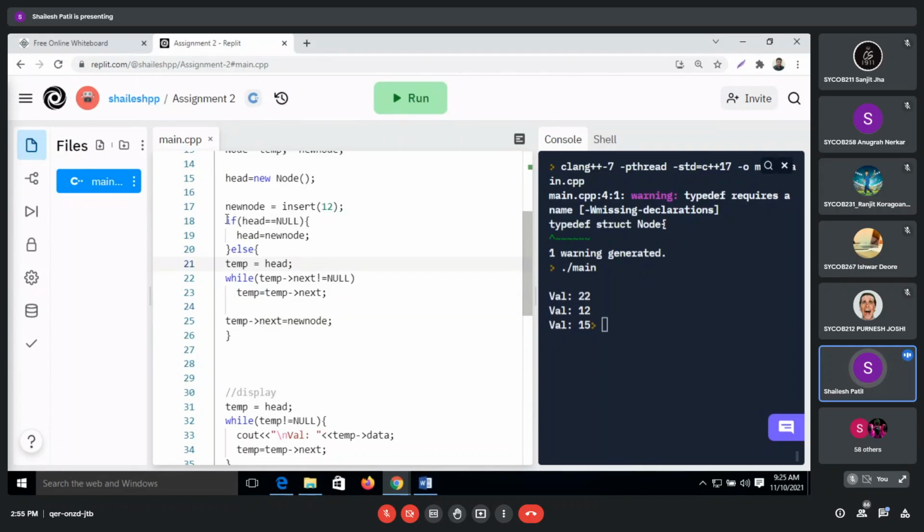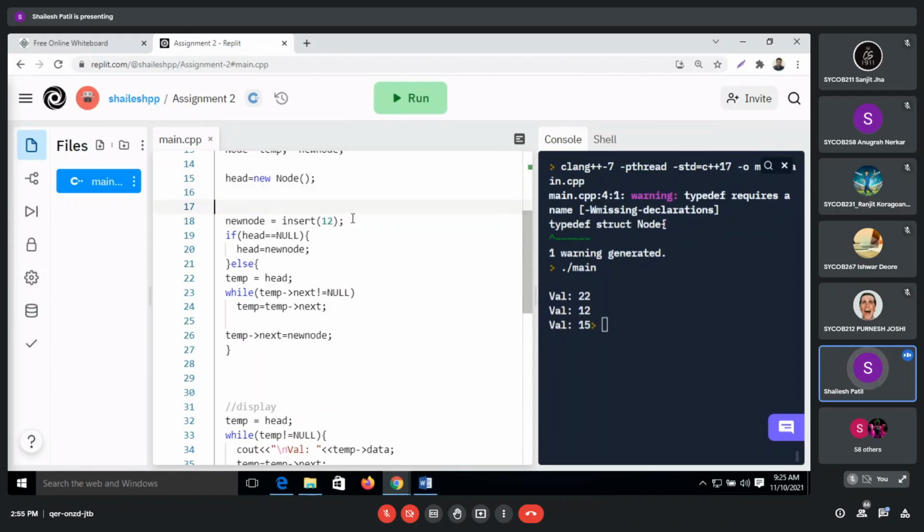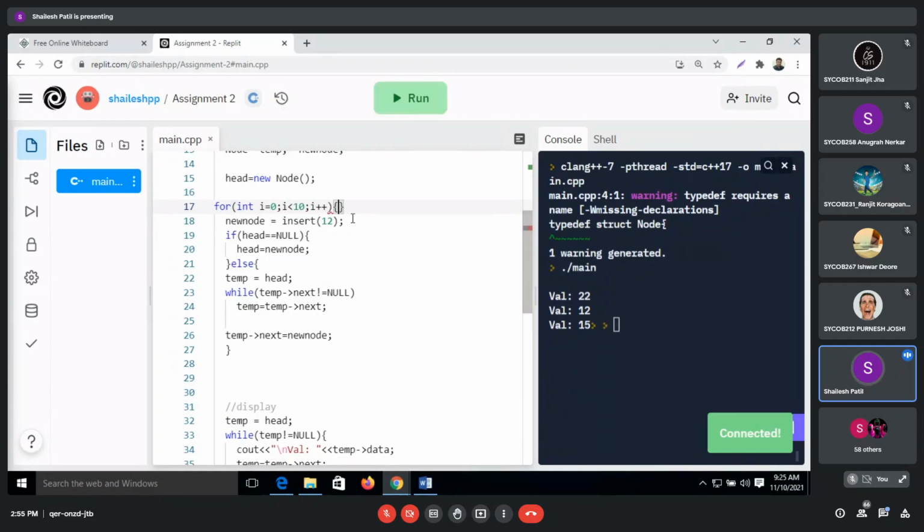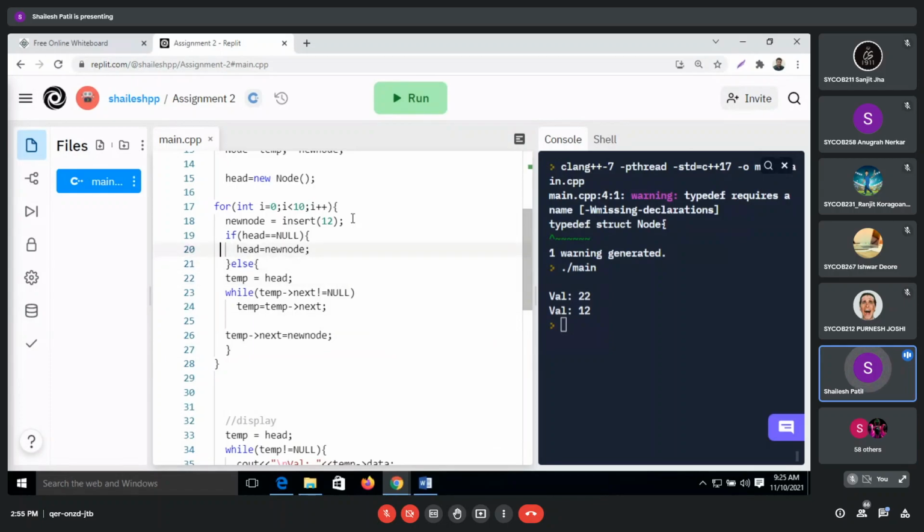So this is the first thing. Now we'll include this in a for loop: i equal to 0, i less than 10, i plus plus. We'll include this particular block over here. Now new node is equal to i into 12, so it will be some multiples of 12.